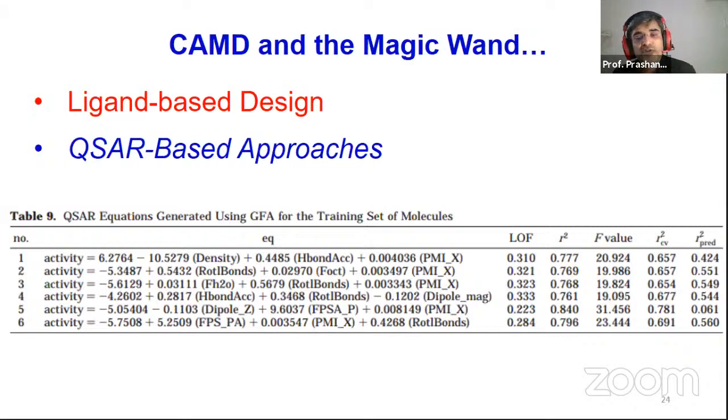This is pretty old, from my own paper back in 2002, my first paper in the Journal of Medicinal Chemistry. But nowadays the predictions have become very robust with the help of neural networks, deep learning, and machine learning techniques. So all these years there has been continuous improvement in the quality of models. Of course, the data on which these models are based is also very nice, relatively error-free data.